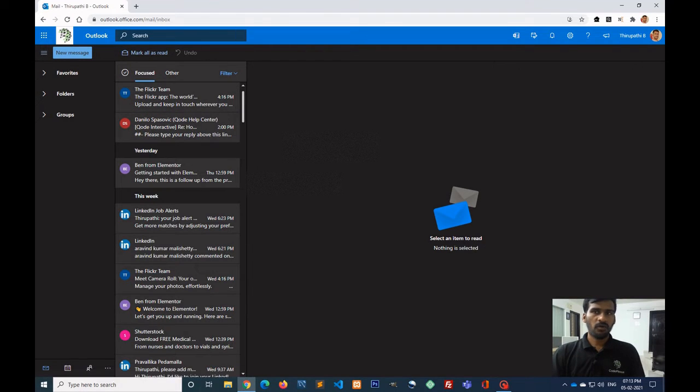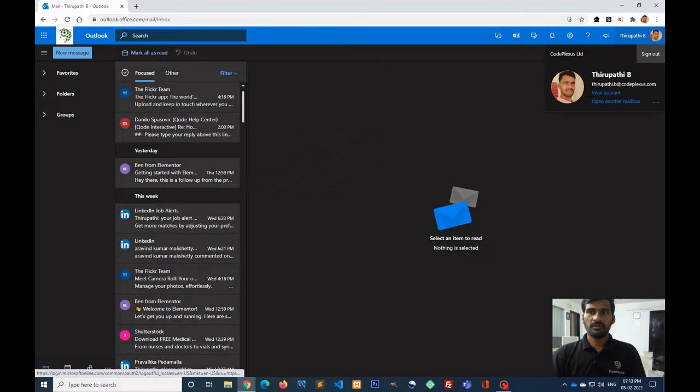Here this is a mailbox and you can find the sign out option and basic details of yours. You can view account details and open another mailbox, and here you can see what's new, help, settings, notifications, and My Day. My Day means the tasks which you are going to do today,